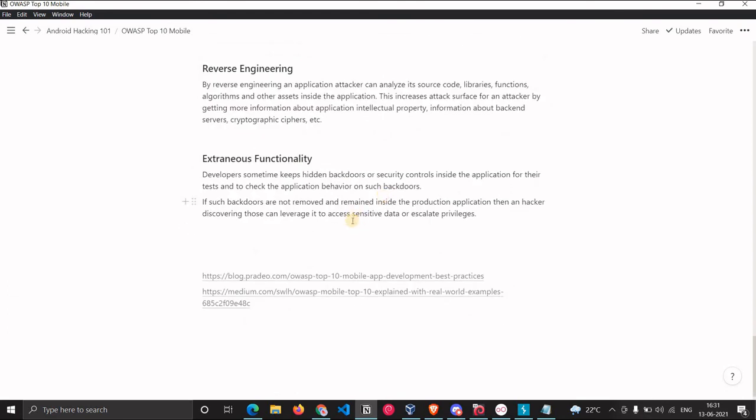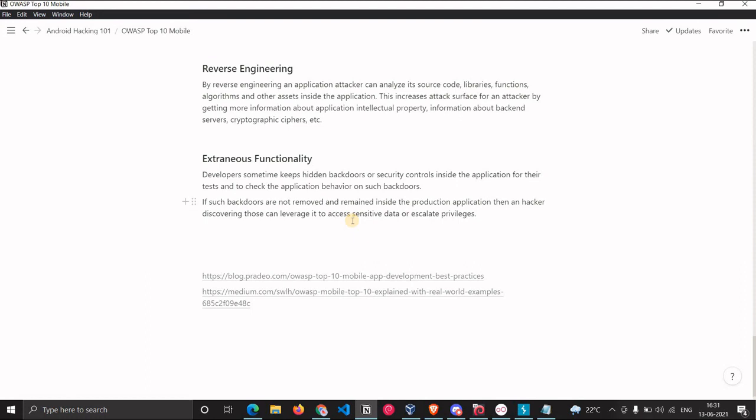And now the last one is extraneous functionality. Sometimes developers keep hidden backdoors or security controls inside the application at the time of production, because they might be running some test cases on the application, or they need some functionality so that they can remotely log into the application and check. Since it is in production, these are the different things developers try on the application.